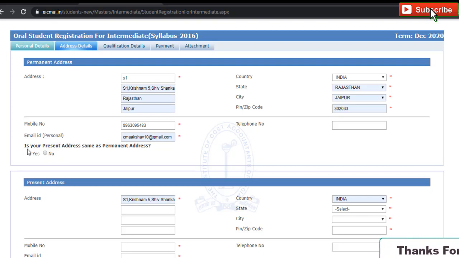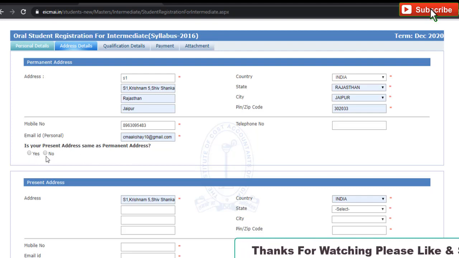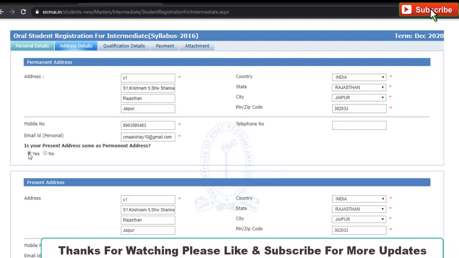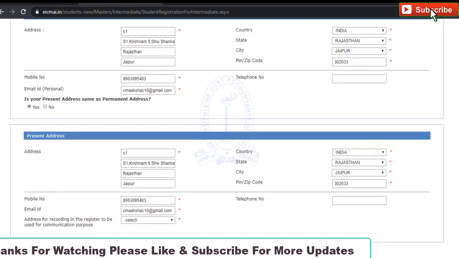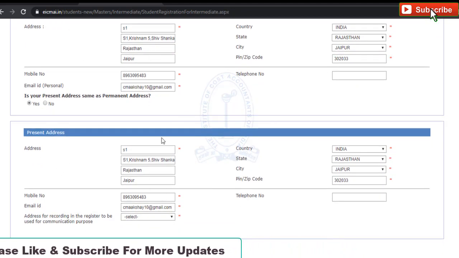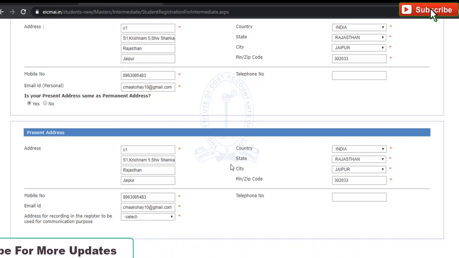Now it is asking, is your present address the same as the permanent address? If yes, select yes. If no, then select no. So I select yes. When I select yes, this address will automatically be copied here, as my current address and permanent address are the same.